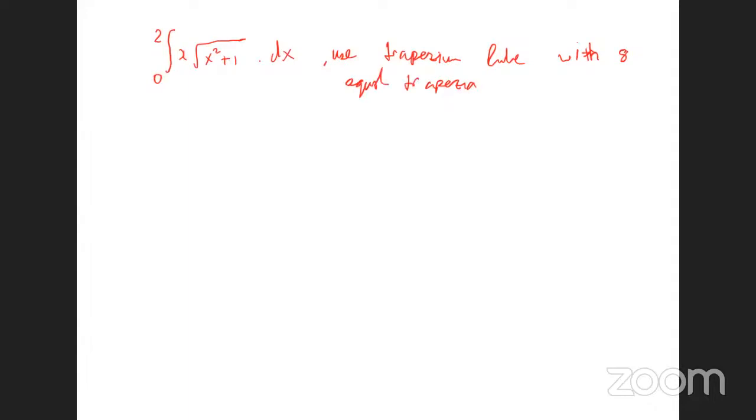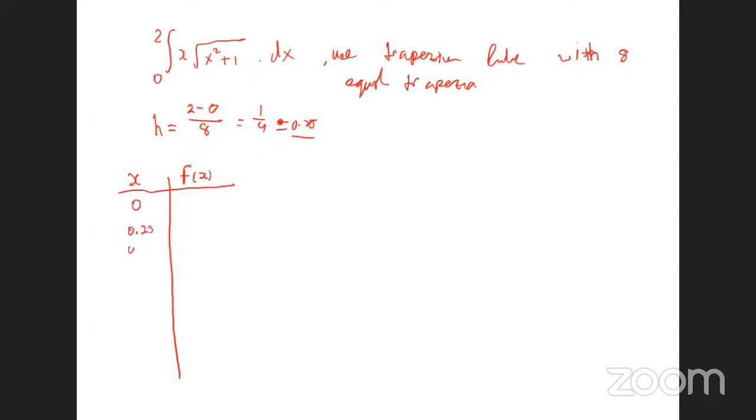All right, so first thing first is to get h. h is b minus a all over n, which is a quarter or 0.25, right? In order for us to use the formula, we have to get all the x values and then get the corresponding y values, right? So the first x value will be 0. Remember, you're starting from 0, and you're just going to keep adding on h. So that'll be 0.25, 0.5, 0.75,